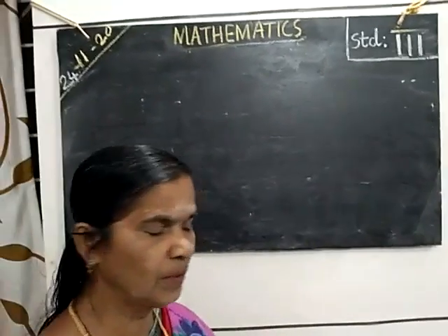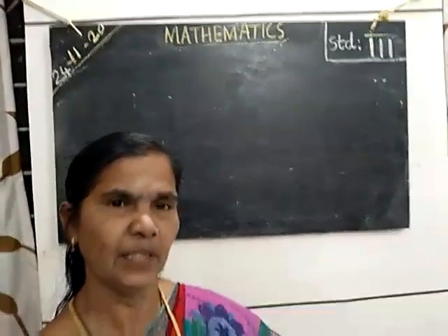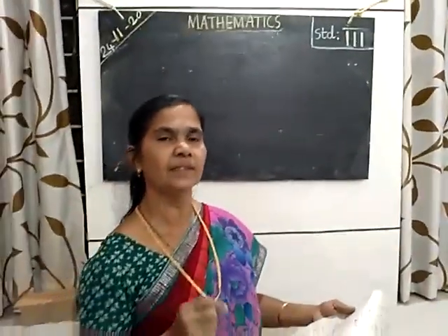I will give you one homework to draw some pictures using rectangles, triangles, circles and squares. You draw that in your notebook and send the picture to me. Rectangle, triangle, square, circle. ഇതെല്ലാം ഉപയോഗിച്ചുകൊണ്ട് നിങ്ങൾക്ക് ഇഷ്ടമുള്ള ഒരു ചിത്രം ഉണ്ടാക്കി, if you can give colors also, send it to me. Let me see who is listening to my class, who can draw mathematical pictures.